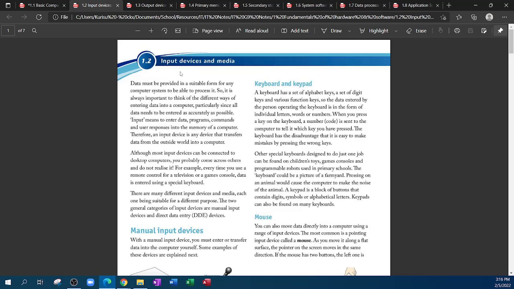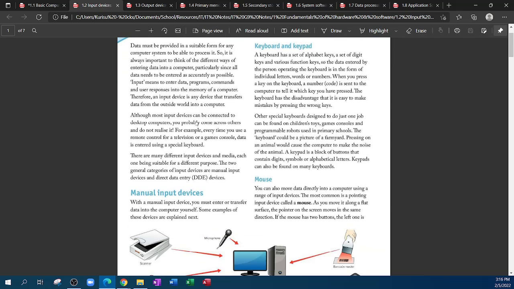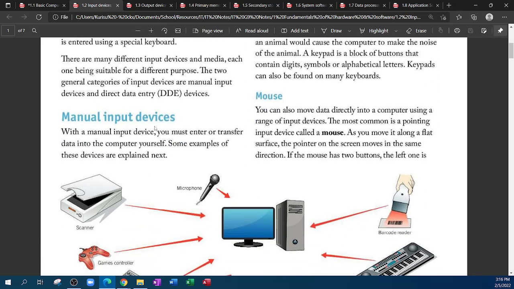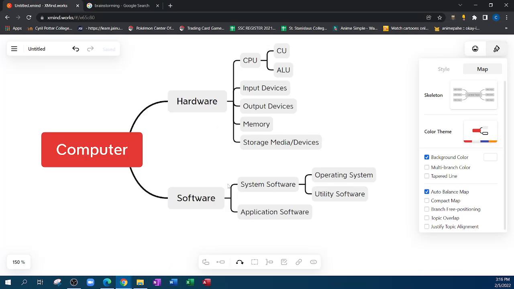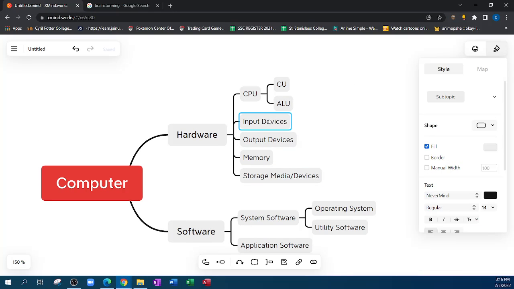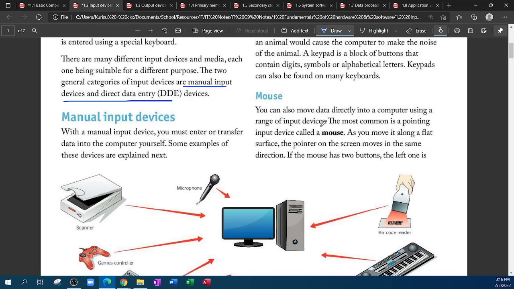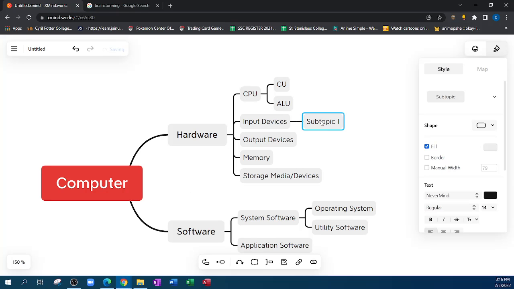So we're going to move on to chapter 1.2. What did we learn in 1.2? We learned mainly that an input device is getting data into your computer. And there are two types. There's manual and then there is direct data entry. So I'm going to enter that into my chart. So under input device, I'm going to add a subtopic. That's going to be manual input devices. Manual input devices. And then